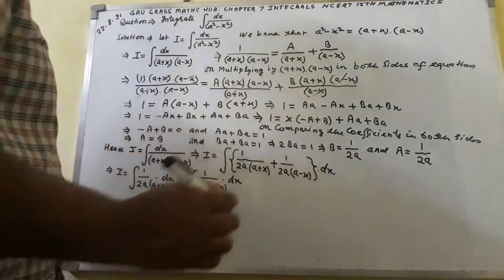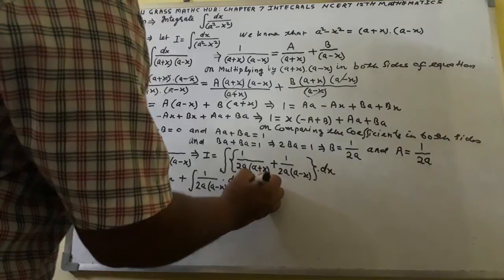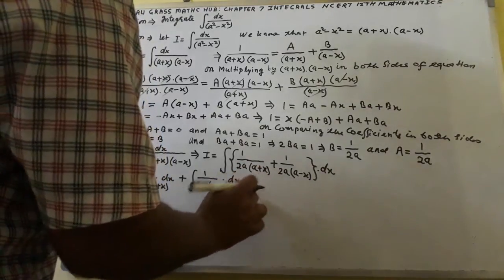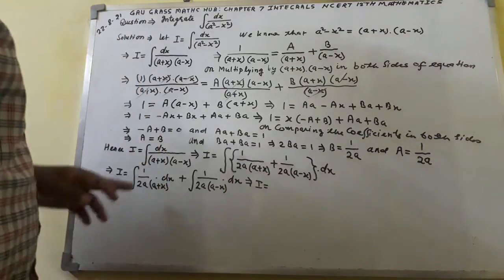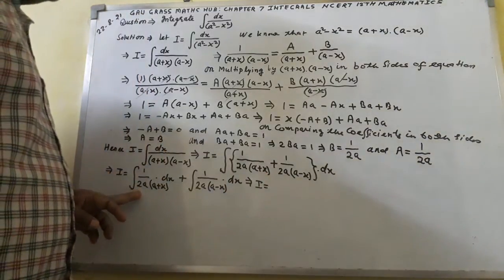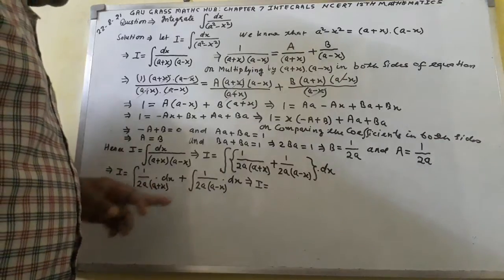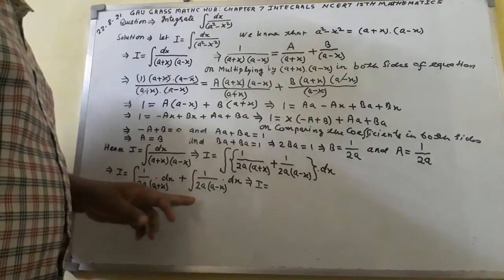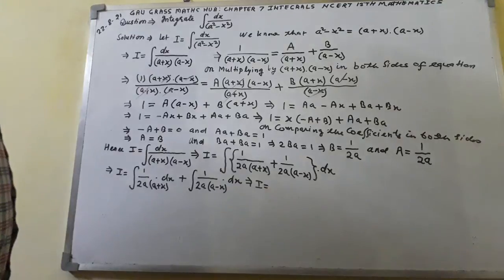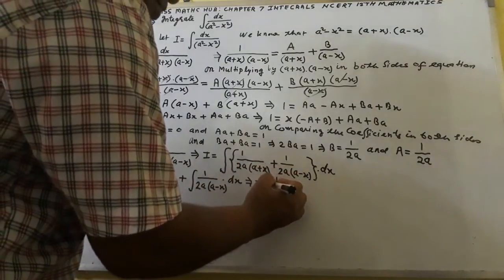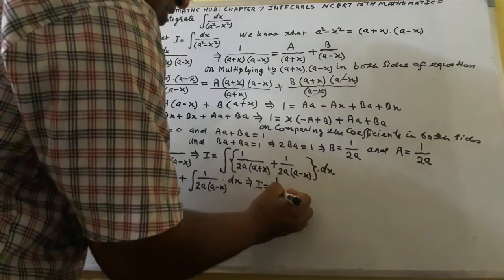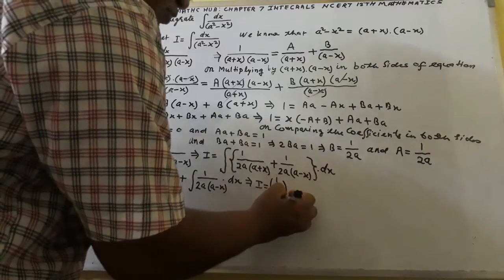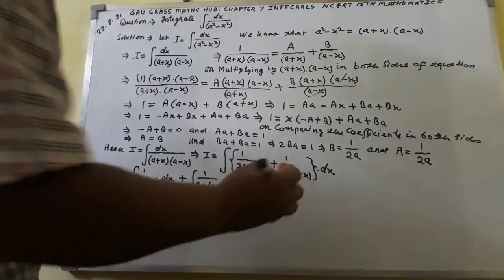What to do next? Next I shall write I equal to. Here 1 over 2a is there in the first term. We can easily take 1 over 2a as a common factor, so 1 over 2a will be popped out. You will get here 1 over 2a dot, here write